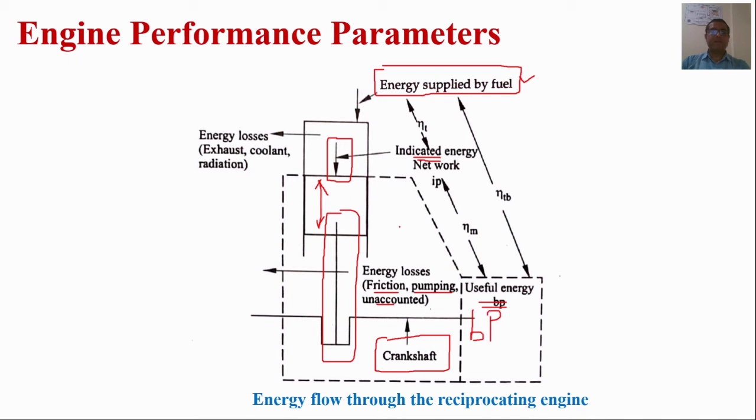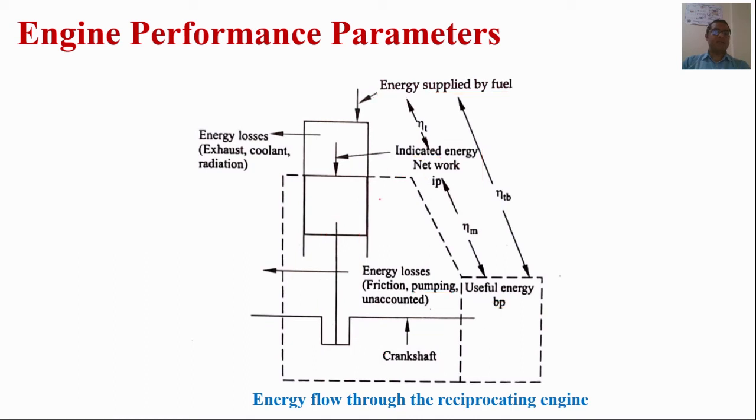So now the efficiency of the transmission of this indicated power to the crankshaft through the connecting rod is measured in terms of mechanical efficiency. So remember, how efficiently fuel is being used in the engine is measured by thermal efficiency, and how efficiently the indicated power is transmitted from piston to crankshaft through the connecting rod, and finally the output we get is brake power, is measured by mechanical efficiency.